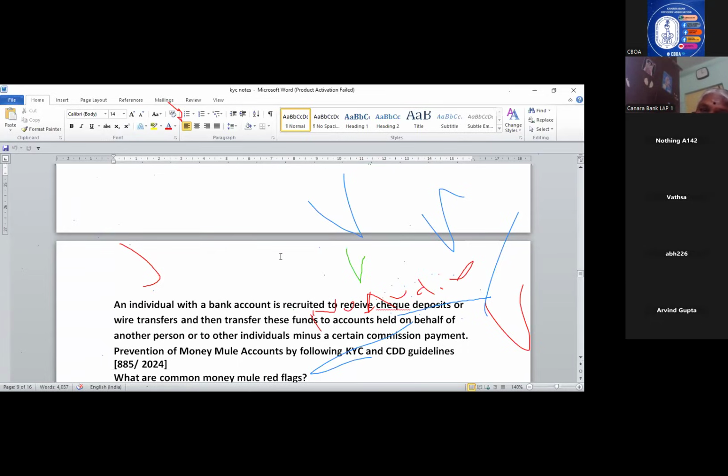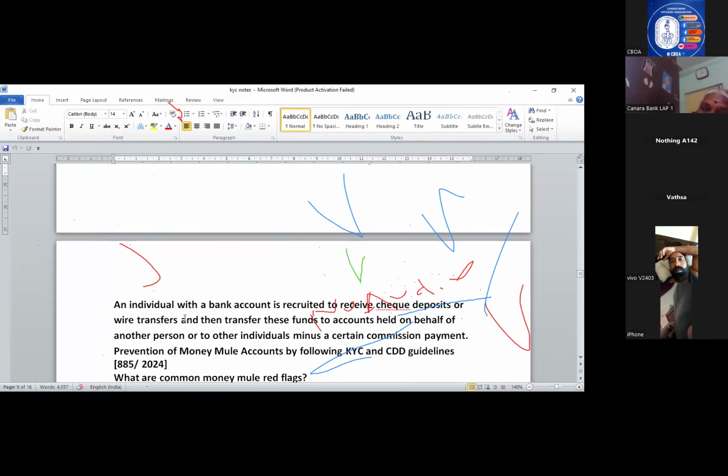And that person will take all the details and start using this account for transferring the money from one account to another account through this account. And he will leave some commission for him. This person will be happy to receive the commission, because without doing any work, he is getting the commission. So he is very happy to give his account. So such persons, without knowing what is the transaction and from where the money is coming into his account and where the money is going, whoever gets caught in such activity, that innocent person is called the